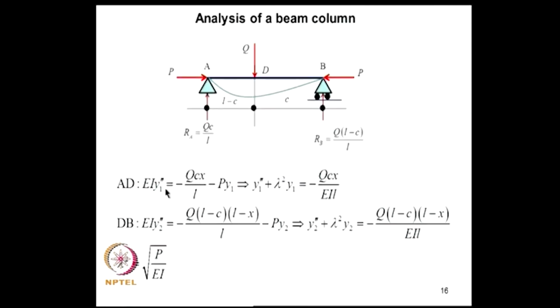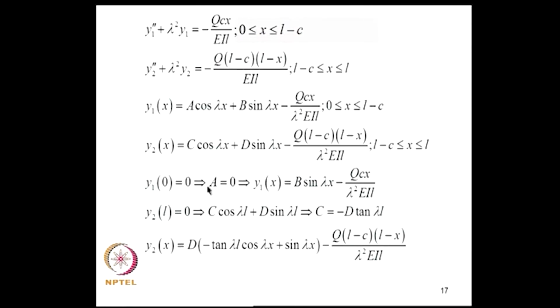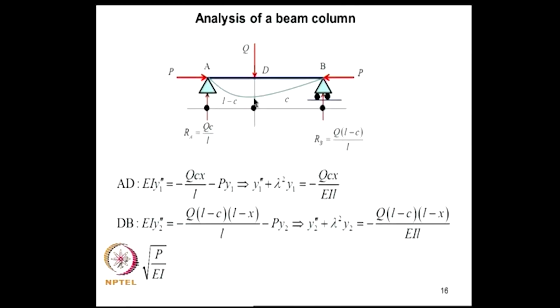Now, at the end, y1 of 0 is 0, therefore y1 of x, I get this, a becomes 0. At y2, x equal to L, y2 of L is 0, that leads to this. So, we eliminate c in terms of d and I get the solution in this form. So, 2 constants we have eliminated, 2 are still remaining and they can be established by demanding continuity at this